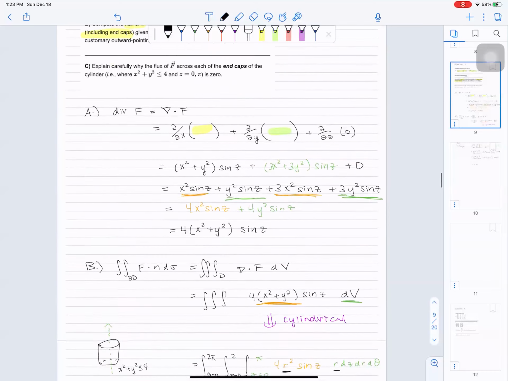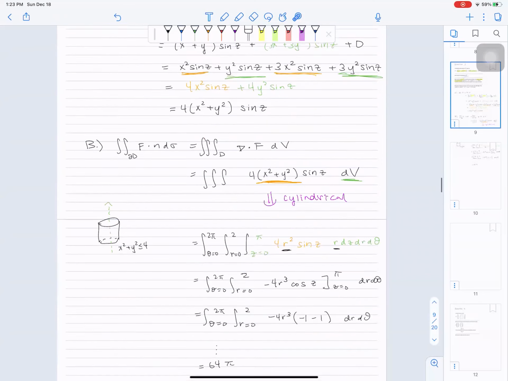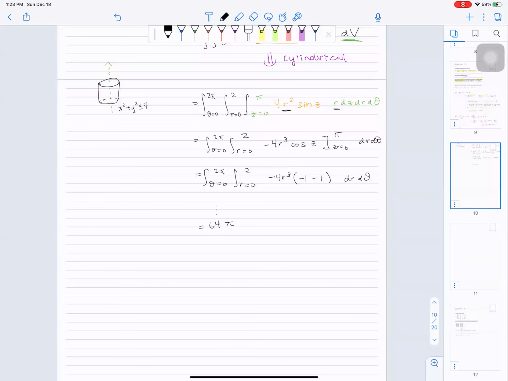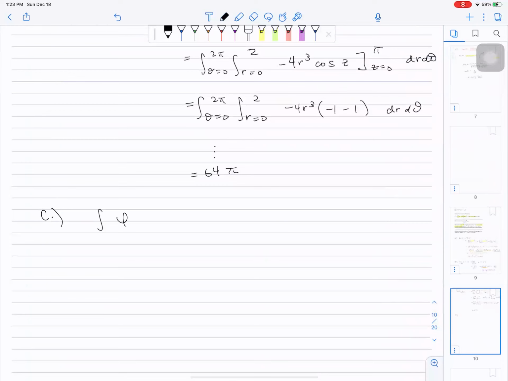Okay. Part C, carefully explain why the flux of F across each of the end caps of the cylinder is 0. So we have a closed cylinder, and in part B we got an answer of 64 pi. Why is the flux across the end caps 0? Well, let's consider what Gauss's theorem is again. Using the forms version, Gauss's theorem can also be written in this way. You have the integral of d of